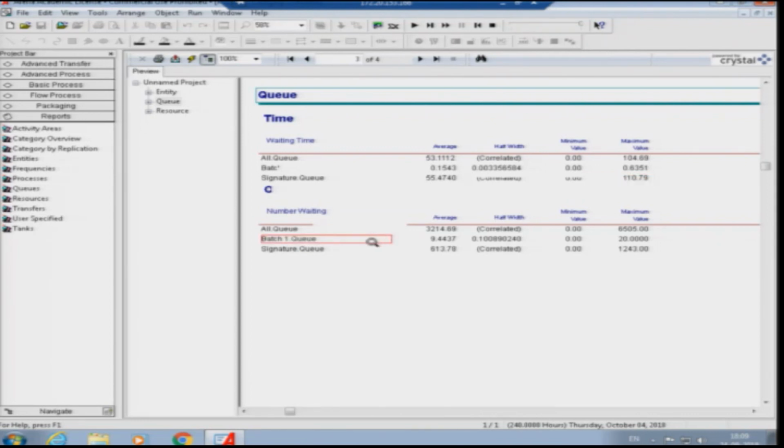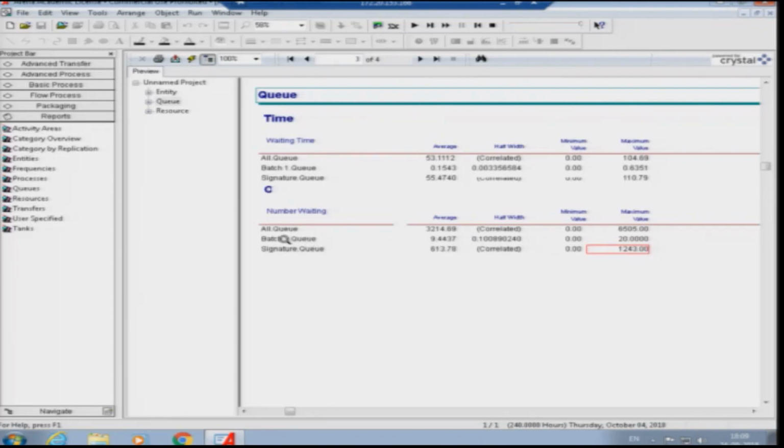Similarly, for the all queue there are around 3214 people waiting in the queue on average, with a maximum value of 6505 people. For the signature queue we have 613 people waiting on average, with a maximum value of 1243 people.